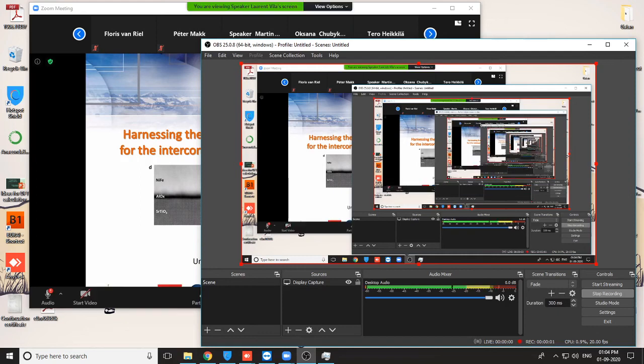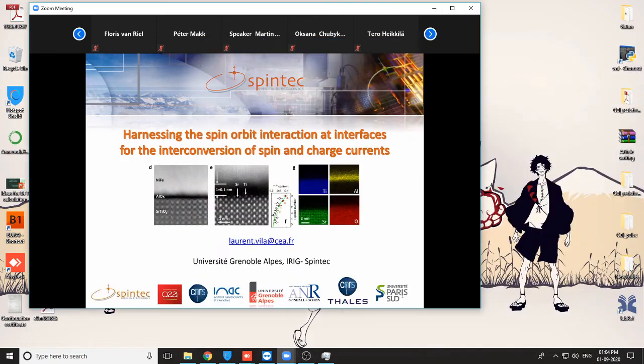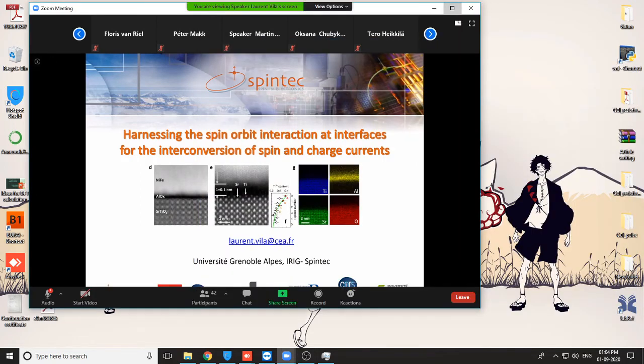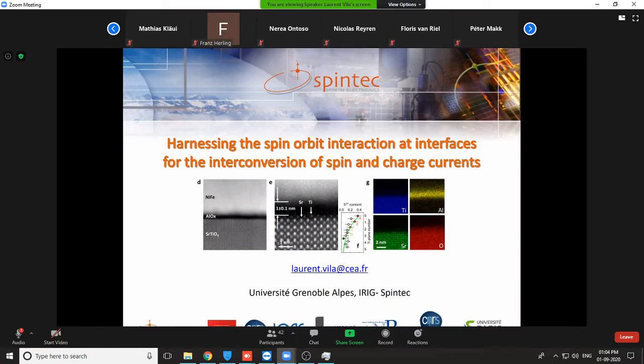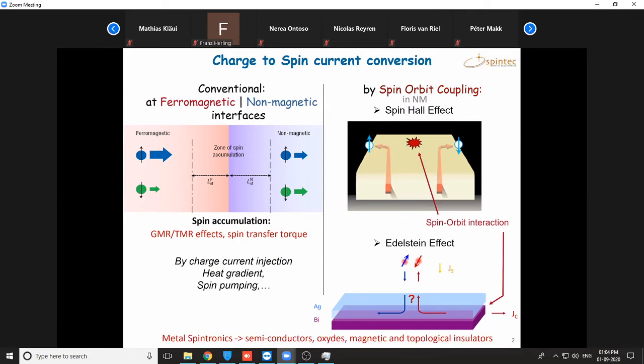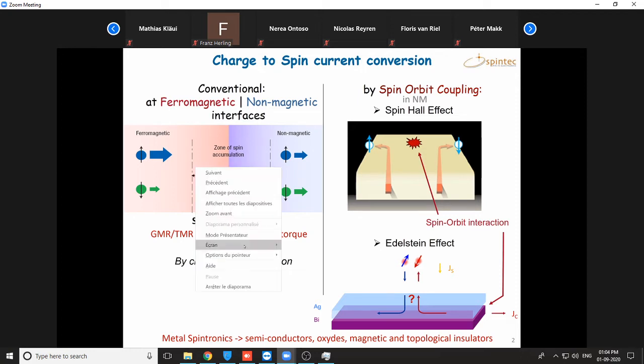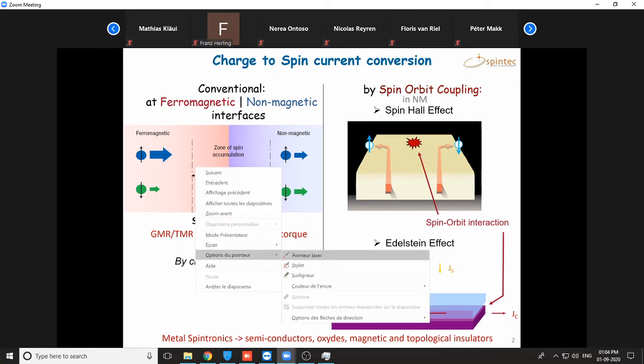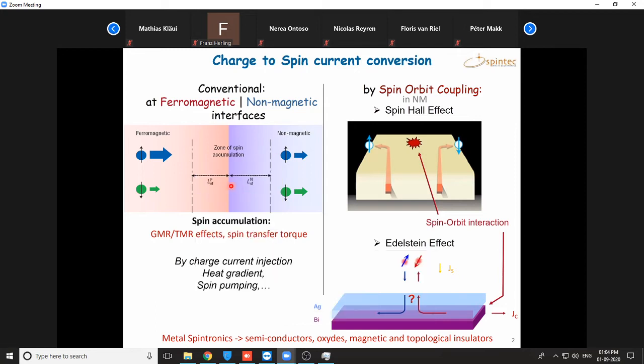But also take advantage of other coupling. And this is what I want to show you today. So conventionally in spintronics, we have used ferromagnetic, non-magnetic interfaces. We flow a charge current through the interfaces, and we will generate what we call the spin accumulation zone, which is the out of equilibrium